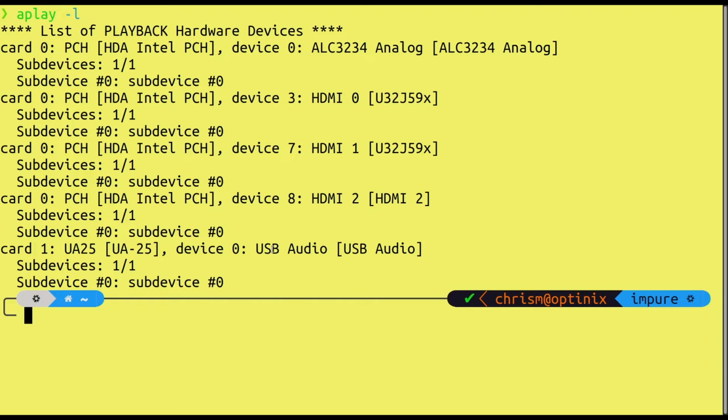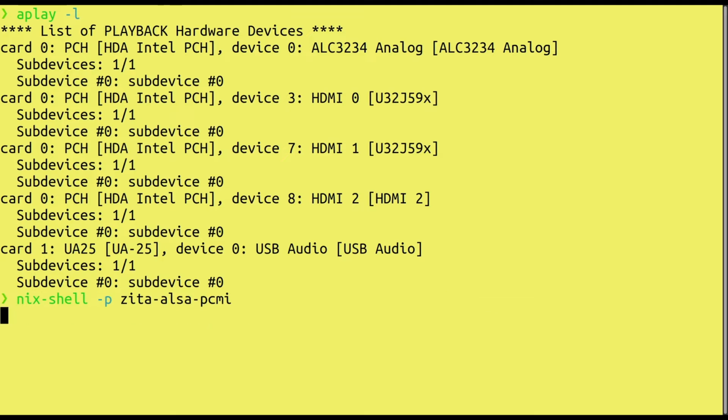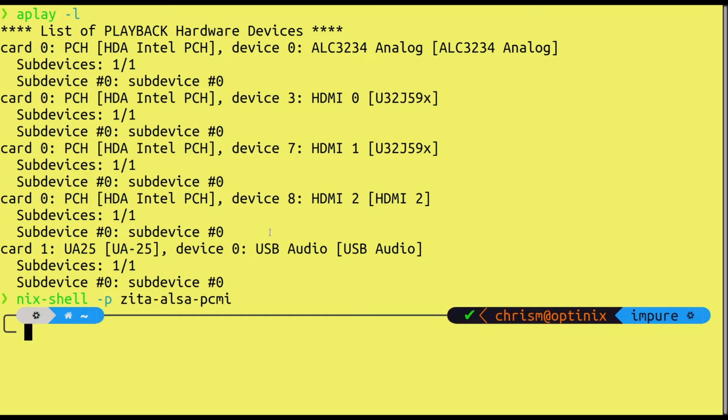At this point, I want to put the alsa delay program on my path so that I can run it. In order to do that, I'm going to use nix-shell -p zita-alsa-pcmi. It's now on my path. I'm going to run alsa delay successively with different arguments. What I'm trying to do is find the set of arguments to pass to alsa delay that imply the lowest round trip latency that I can achieve without pops, clicks, or other weirdness happening on the